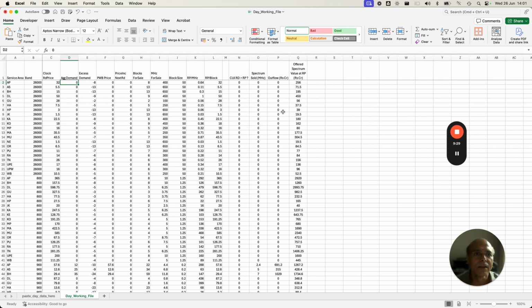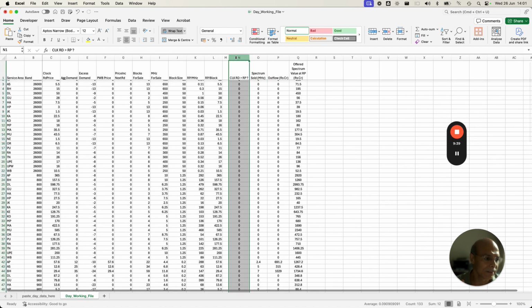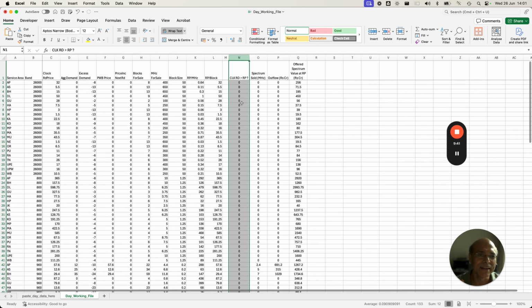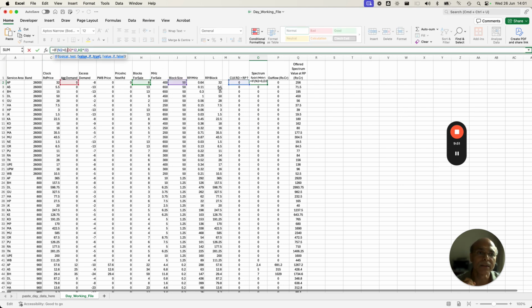That's all. Then I create another column for sold spectrum, because then I have 1 and 0, which I have color coded here. You can see the color coded, right? You will find that this number is 12. Then I have to use a formula, which is going to be a simple multiplication depending upon the logic. If you look at this, if N2 is equal to 0, then I multiply aggregate demand, because aggregate demand is the total number of blocks,